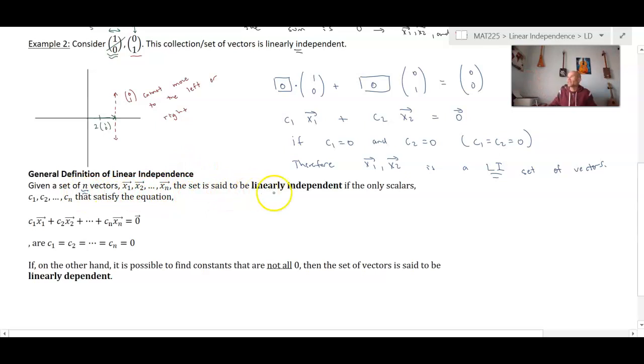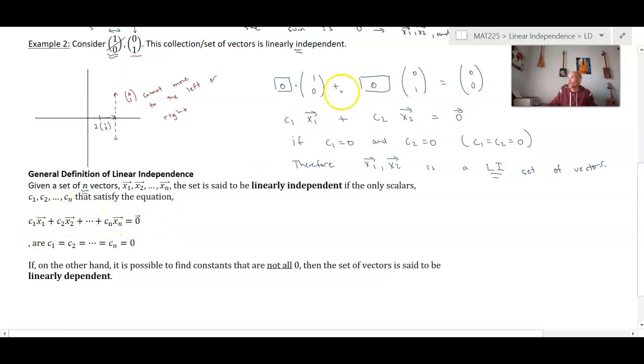The set is said to be linearly independent if the only scalars c1, c2, cn, because each vector is going to get scaled, that satisfy the equation c1x1 plus c2x2 plus dot, dot, dot, plus cnxn